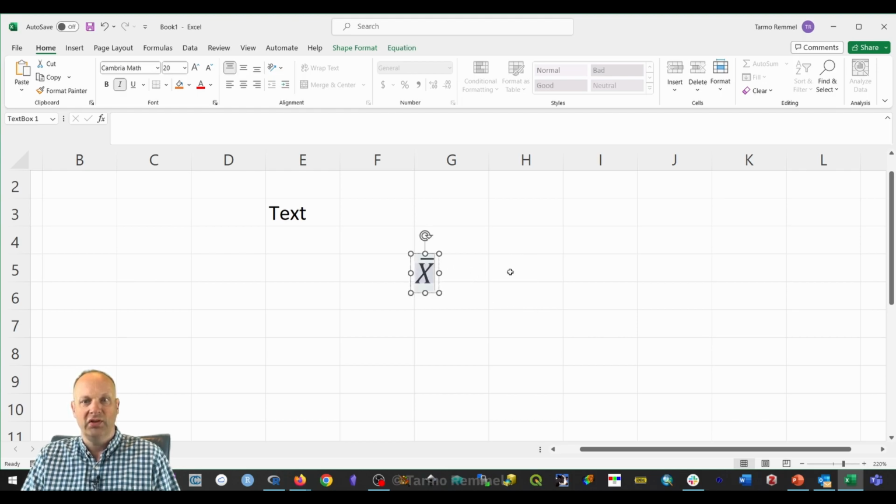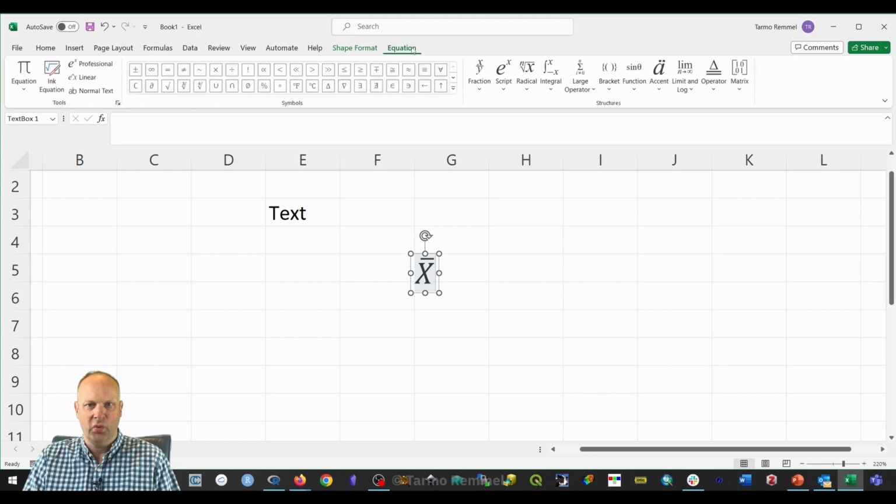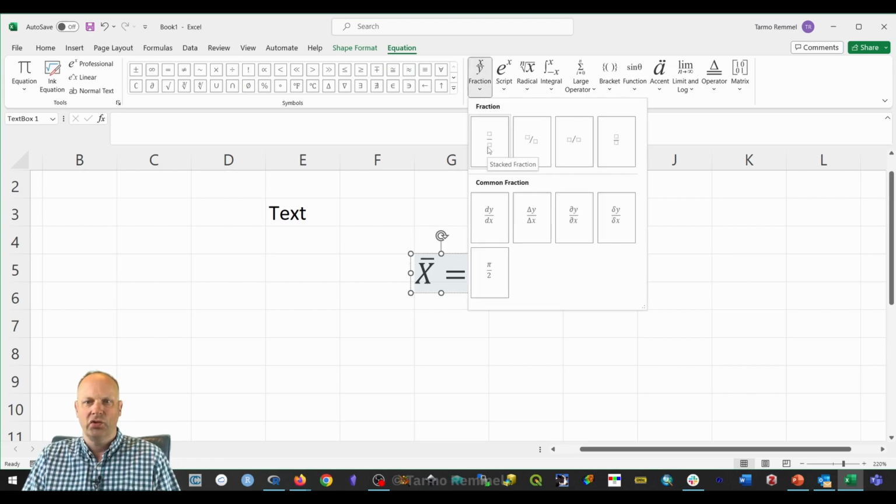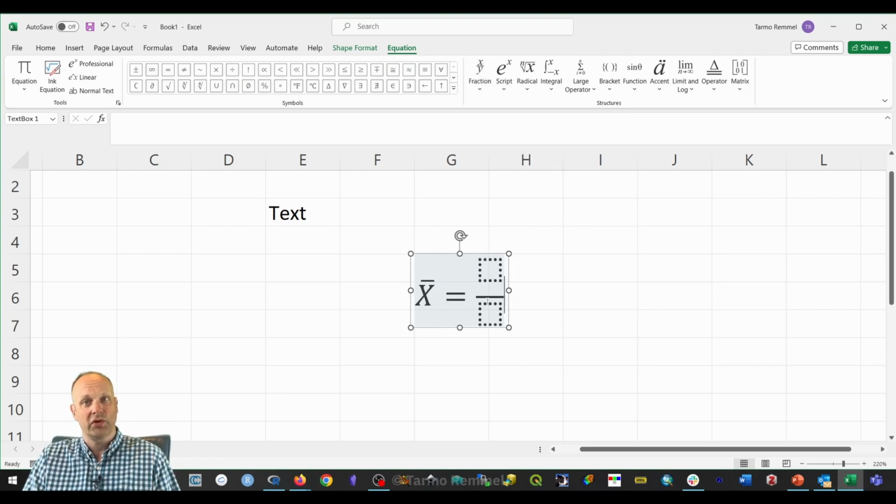So if we want to continue writing this calculation, we'll put in maybe an equal sign, and I want to make sure that we have our equation editor open, put our equal sign. We're going to go to the fraction button and we're going to choose the fraction something over something else. And notice things that are dotted lines, these are waiting for you to enter something into them. So we can go in here and say, well, what we want to do is sum all of the X